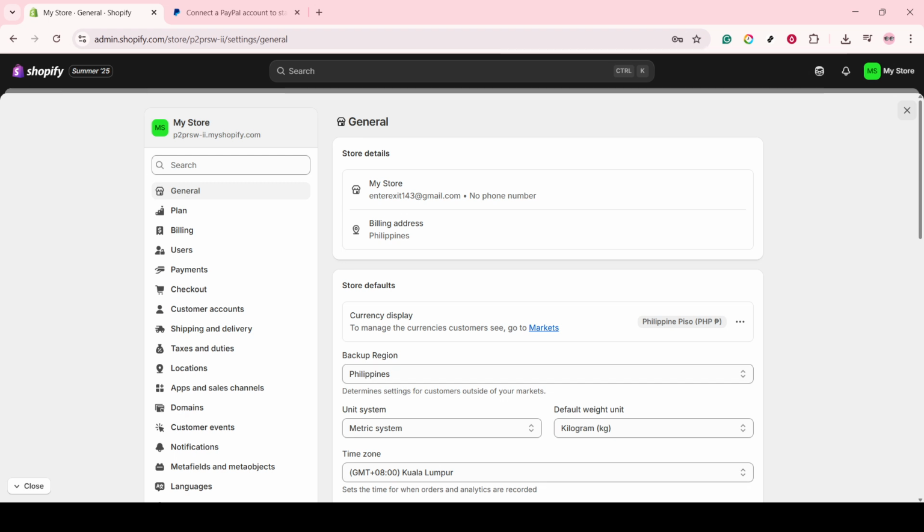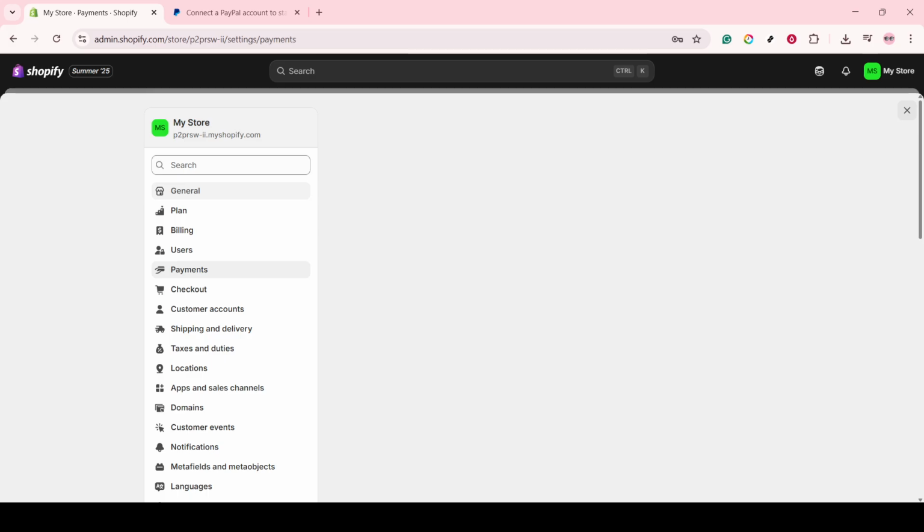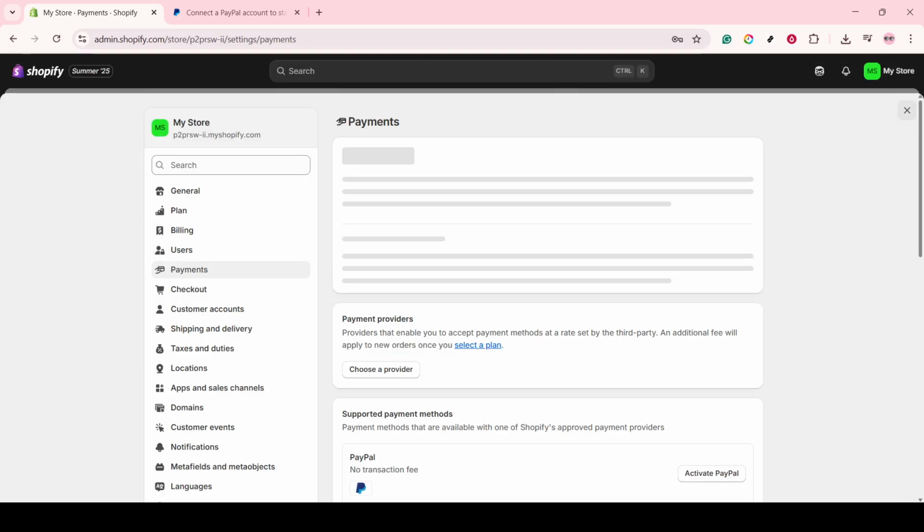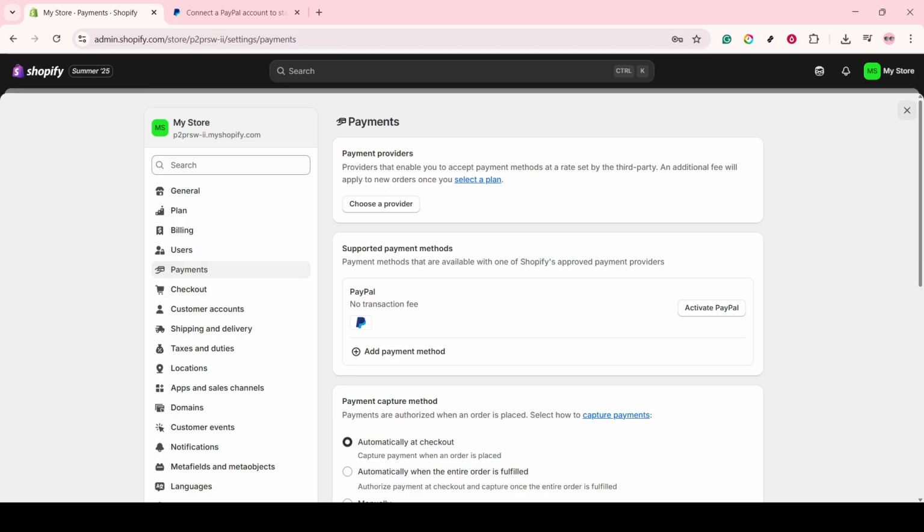Once you're in settings, look for the payment options. The payment section is where you can manage all the different ways your customers can pay you. Shopify offers a variety of payment methods, but today we're focusing on PayPal. It's a widely used online payment system that covers numerous countries, making it a fabulous option for expanding your store's